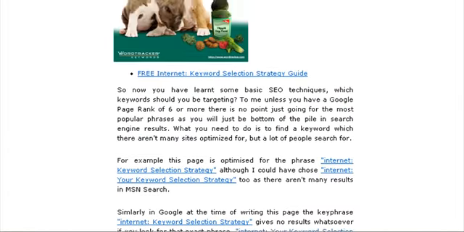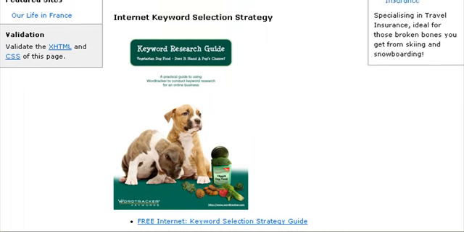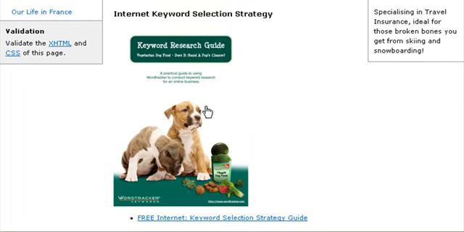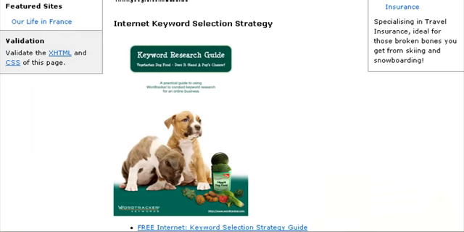Now, as well here, there's this keyword research guide, which is from the Wordtracker people. But I suggest you download that from my site right now, and have a read of it, and basically give Wordtracker a go. There is a free trial, but the free trial is quite limited, and it's quite hard to find those really good key phrases. I have done it a few times, but honestly, it's worth buying it, even just for 24 hours, a week, a month, or go for the high value one, which is a year.